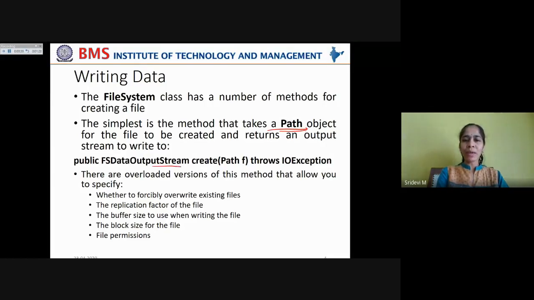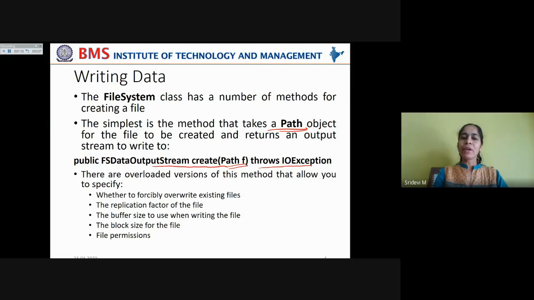So the prototype, the signature of the function, is like this: public FSDataOutputStream create(Path f) throws IOException. Remember, whatever methods you are implementing, either to read the data from the file or write the data to the file, it always throws IOException. So better make the system handle this IOException by making it catch that exception. Now we are using this public FSDataOutputStream create, which creates a file with the specified path as parameter.